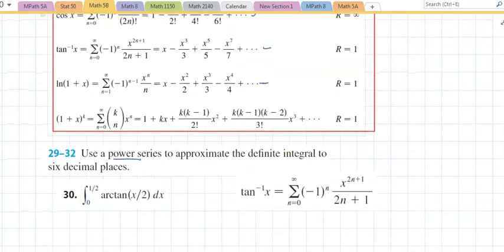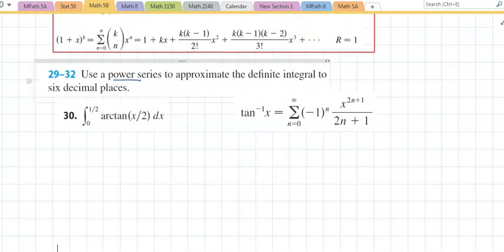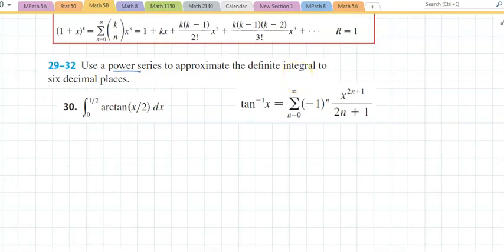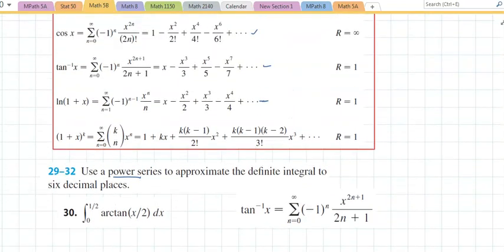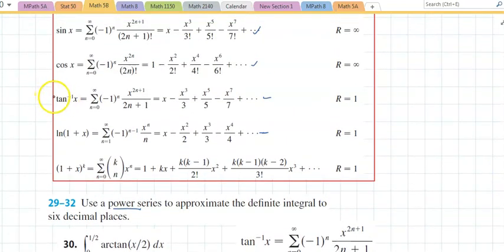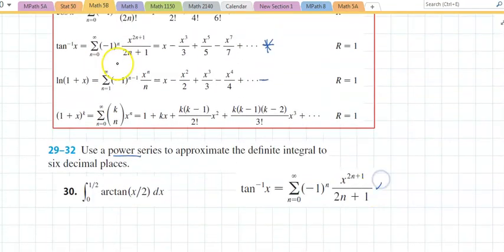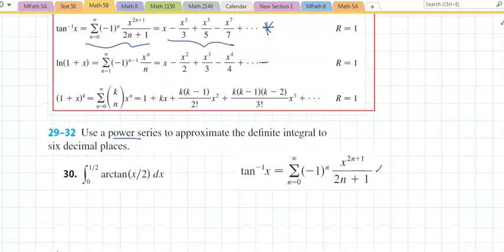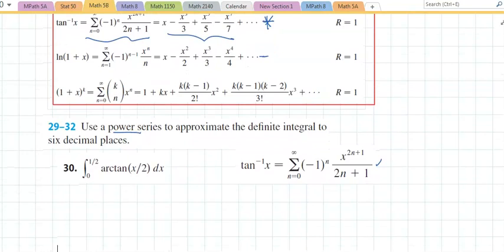So, if I look at the next problem, number 29, the directions state, use power series to approximate the definite integral to 6 decimal places. Well, the deal is, if I look at this right here, that's what I copied right here. Notice you have both the expanded form and the series. So, I know what the inverse tangent of x is. In this case, all I have to do is modify it to match